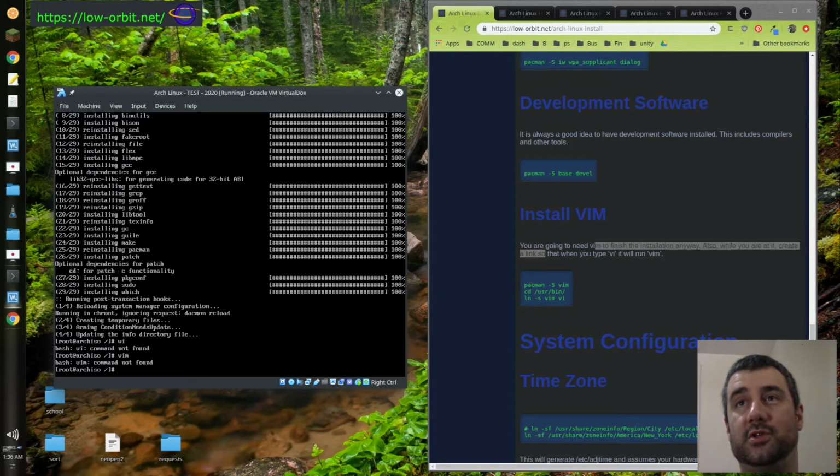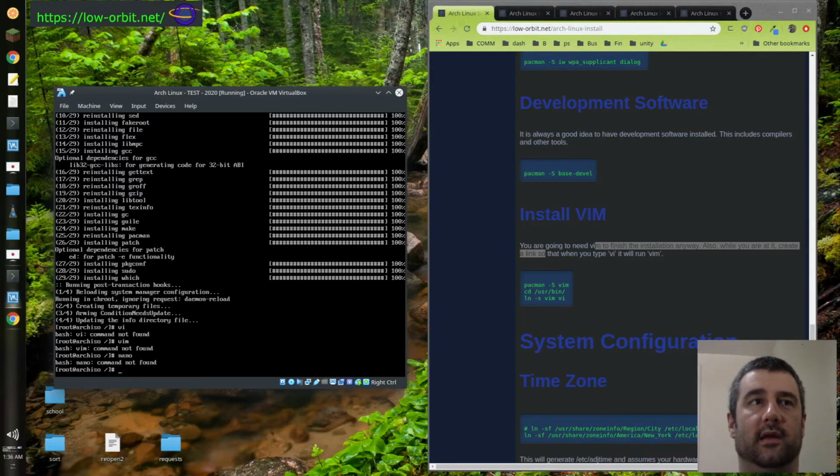So I probably should have included this, I gave it its own section, but it's as important or more important than the other software. And if you prefer Nano over VI, you could do Nano instead. Maybe we'll just throw both of those on there. Yeah, Nano is not on here. So pacman